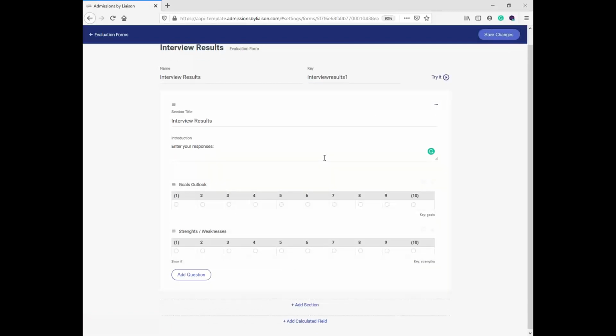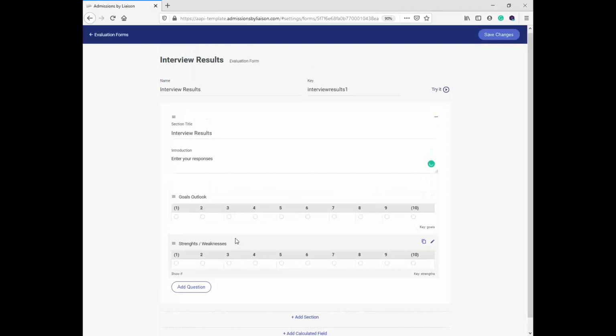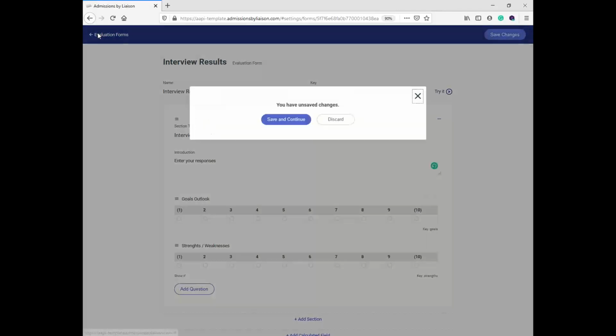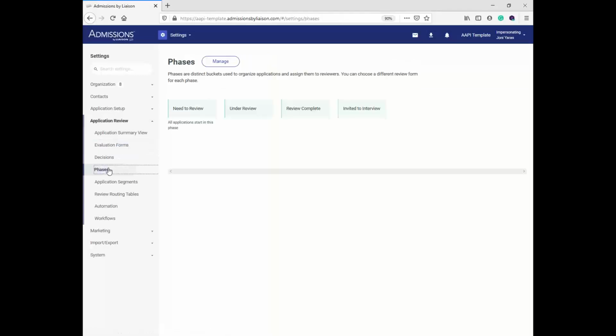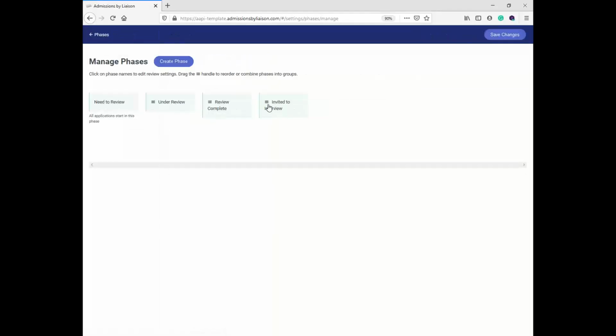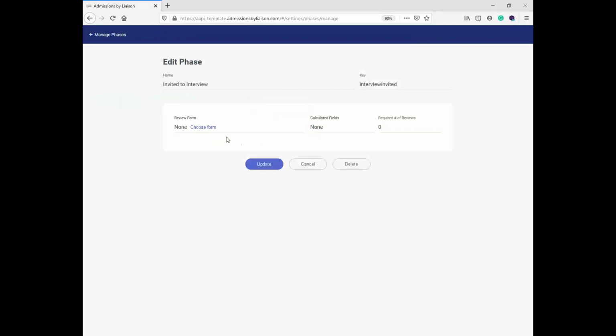I think it's giving me, well, just for the sake of time, we'll back out of this one. But whenever you add an evaluation form, the next thing that you can do is associate that with one of your phases. So we're going to say anyone who's in this invited to interview phase should have this interview results form associated